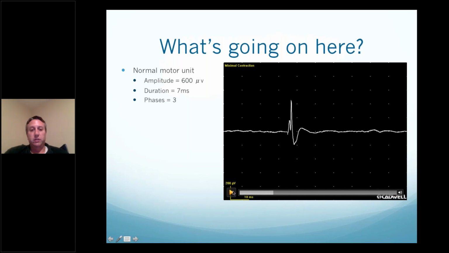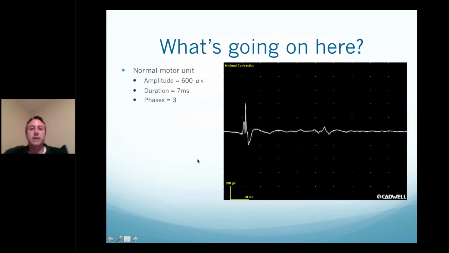One was because the clue was this was a gentle isometric contraction. So fibs and positive sharp waves, you can only really see those when the person's at rest. If the person's contracting, you can't really see them. So I'll play the rest of it one more time, and you can see that